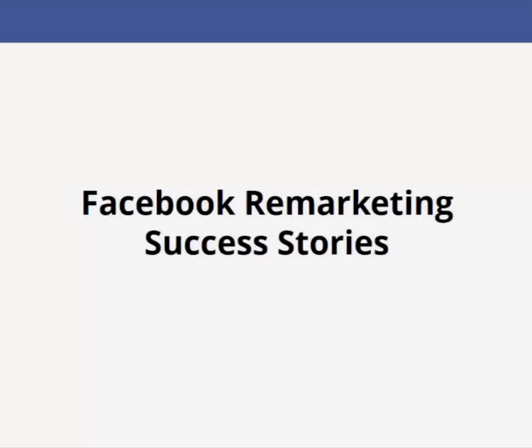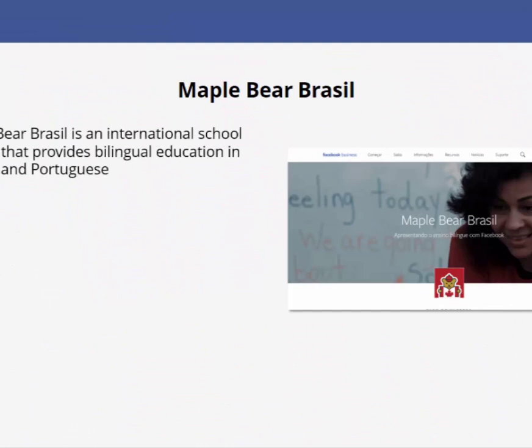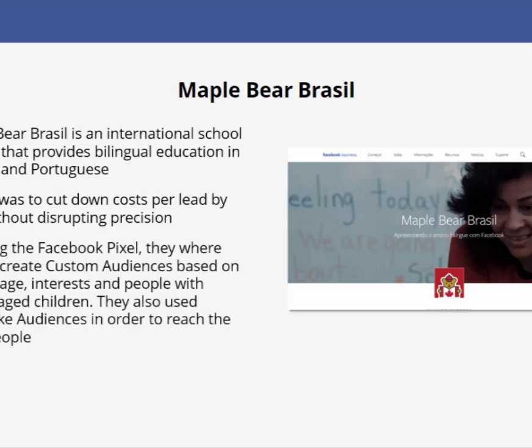Facebook remarketing success stories. Maple Bear Brazil. Maple Bear Brazil is an international school system that provides bilingual education in English and Portuguese. Its aim was to cut down costs per lead by 30% without disrupting precision. By using the Facebook Pixel, they were able to create custom audiences based on region, age, interests, and people with